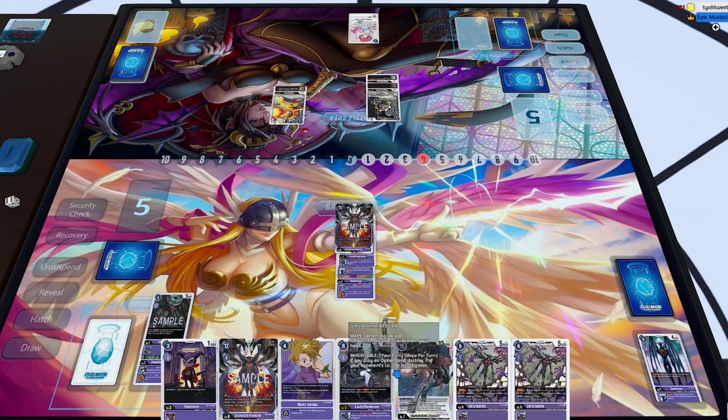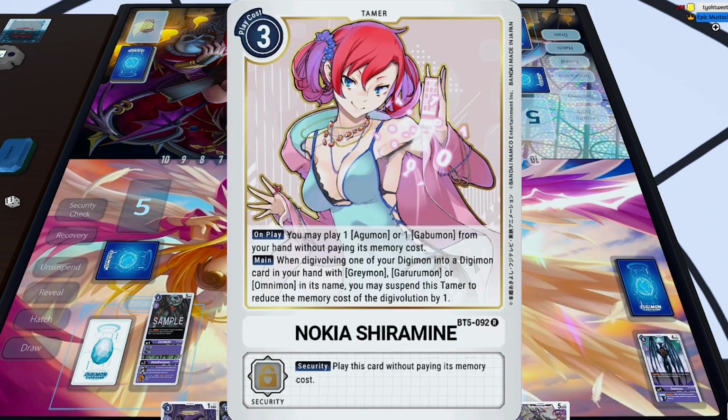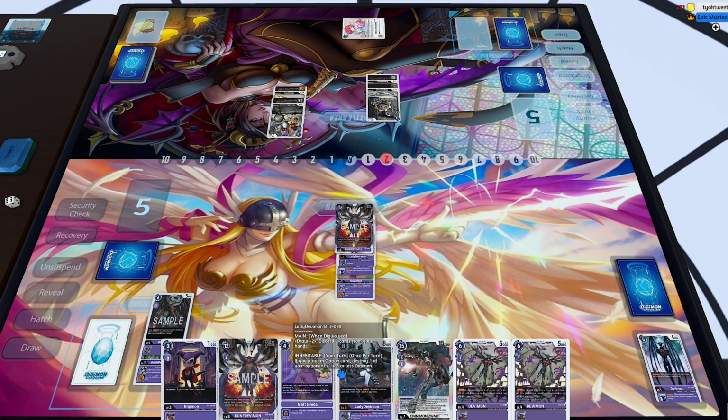Just trashing cards from your opponent's security for free is really crazy. It gets around so many effects that I don't want to deal with, like Omnimon, what's that guy's name, Defeat, and, you know, Infinity Cannon, or just lots of stuff that I don't want to deal with in security. So he is going to go Metal Greymon, and I always forget that Metal Greymon himself